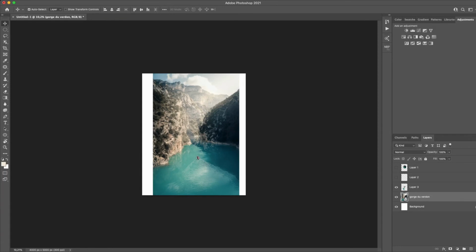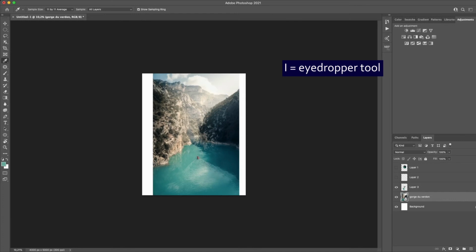Now we're going to talk about the eyedropper tool. The eyedropper tool is the shortcut I, and that will allow you to pick a color. So let's say I want the watercolor. I will see in my active colors the watercolor. If I choose the rock, I will see the rock. If I choose the trees, I will see the trees color. So that's a tool that you might use a lot as well